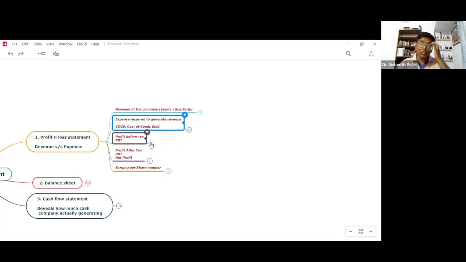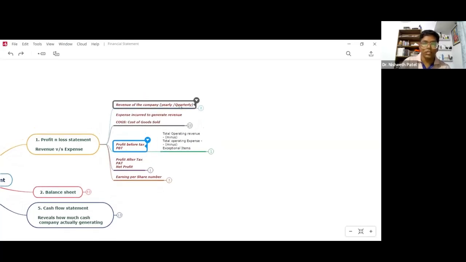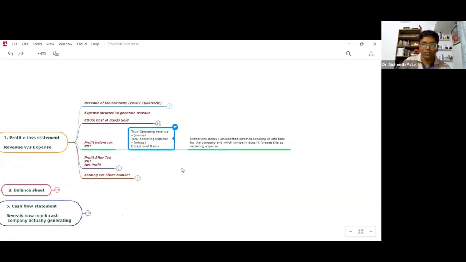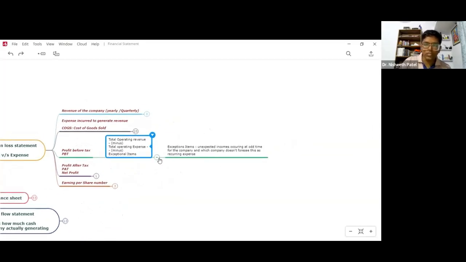Now, the third thing is the profit before tax. This is total operating revenue minus total operating expense. This minus this. And apart from that, some exceptional item is there. So, exceptional item means what? This is the unexpected income occurring at the odd time for the company and which company doesn't foresee as